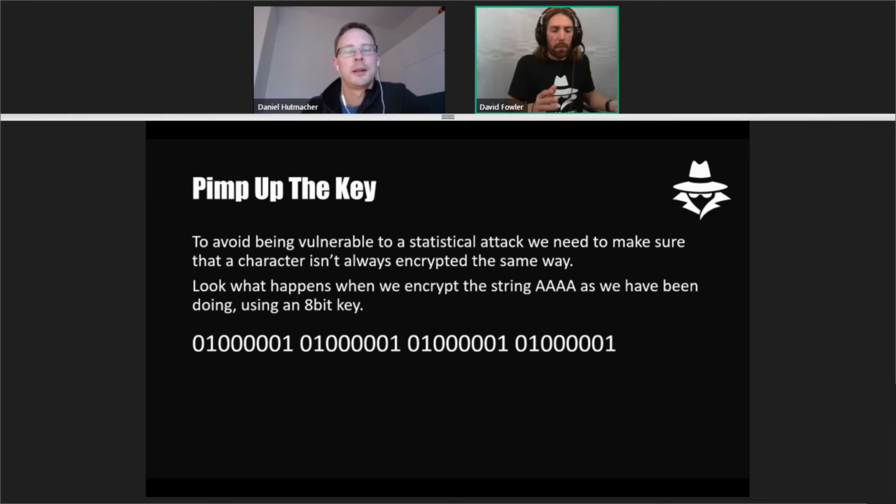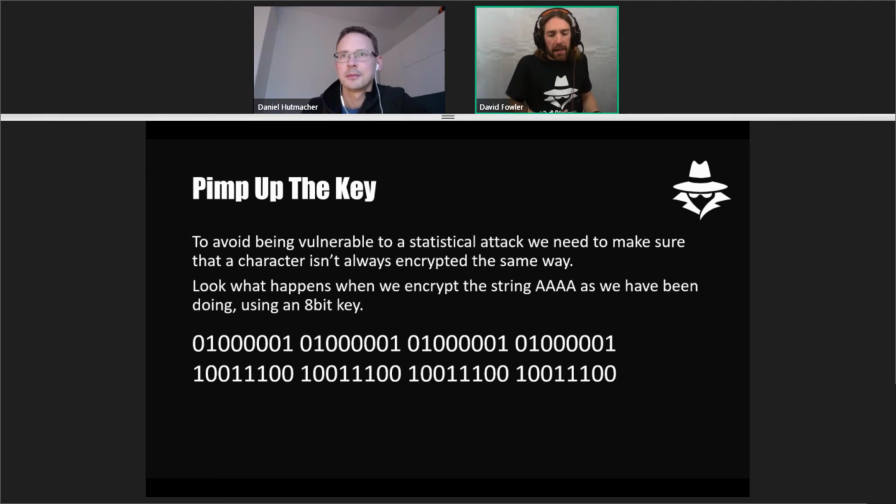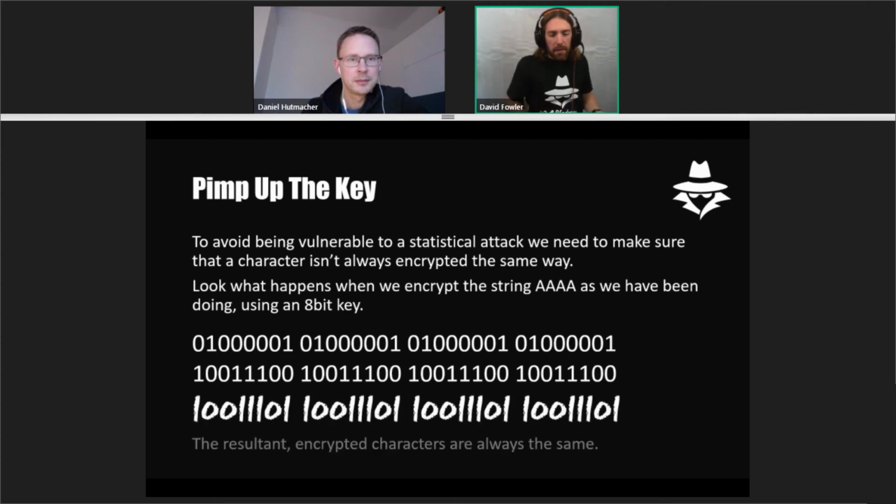We start off with our plain text. Every byte is the same. We're encrypting identical characters. Because we're using an 8-bit key, the same key is going to be applied to the same character each time. That means that every single character is always going to be encrypted in the same way.